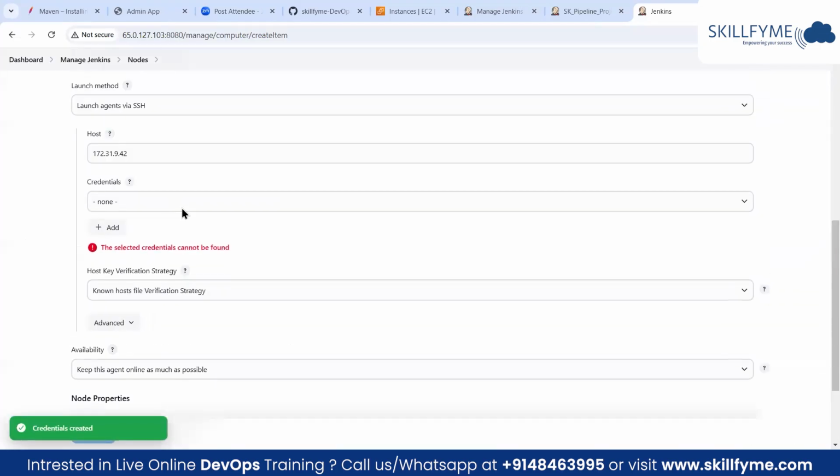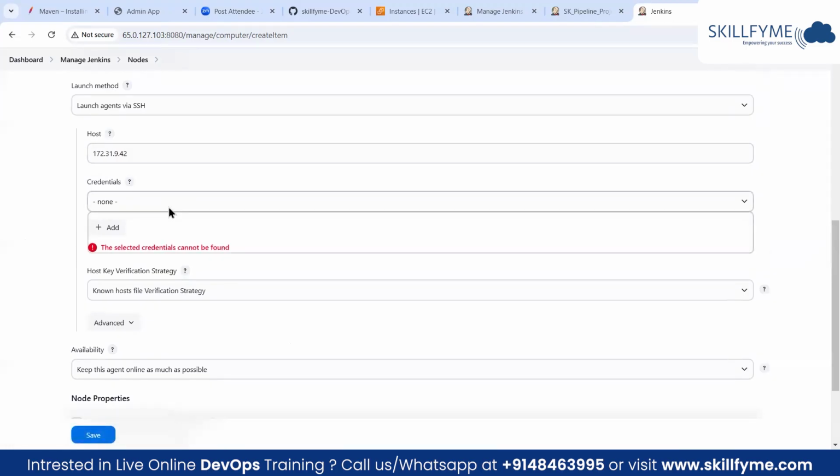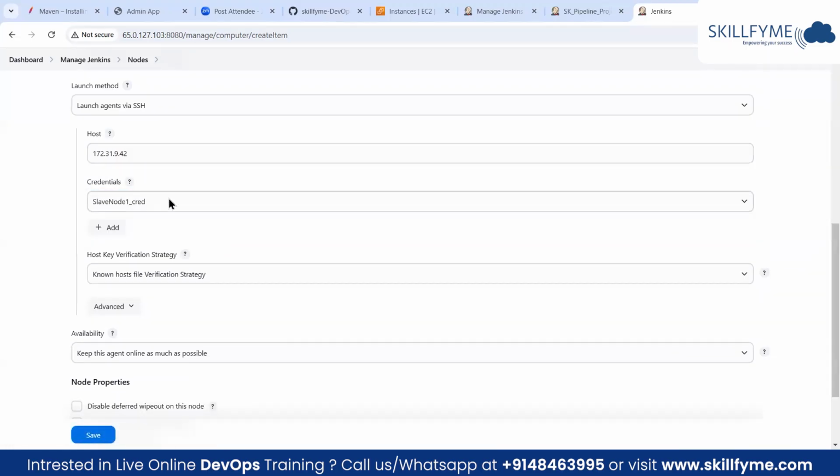Add it. So now, once the credentials are created, if you use the drop down here, you can find that credential. This credential is composed of a description which we pass, your username and private key in encrypted form. Now, once this is done, whenever we try to establish a connection between the servers through your Linux machine